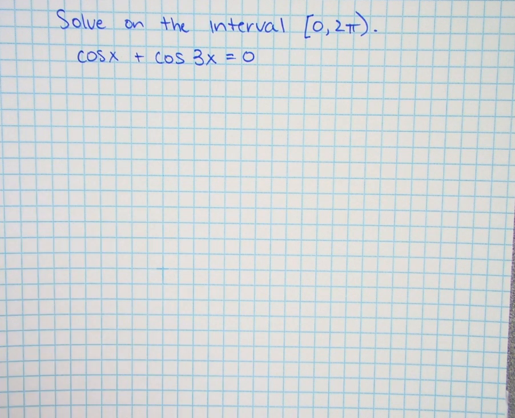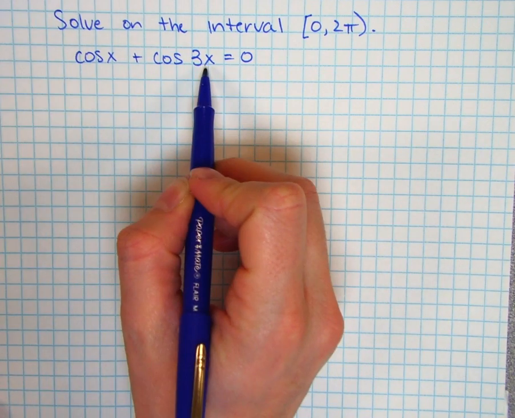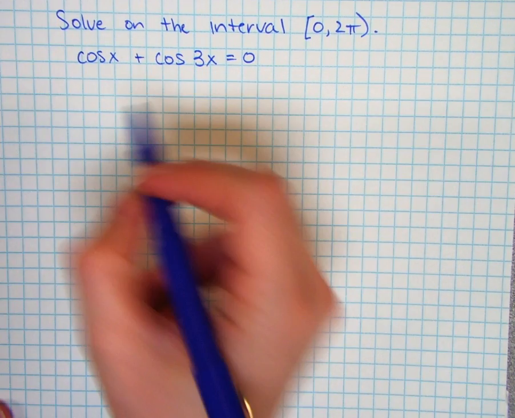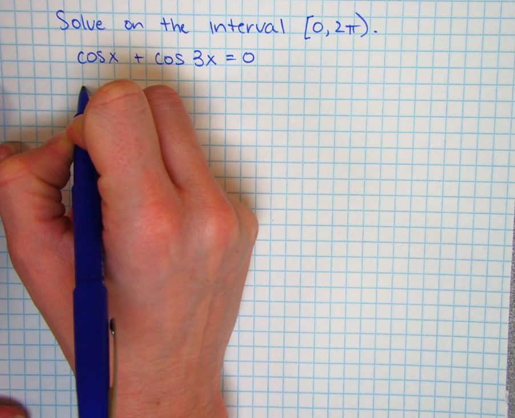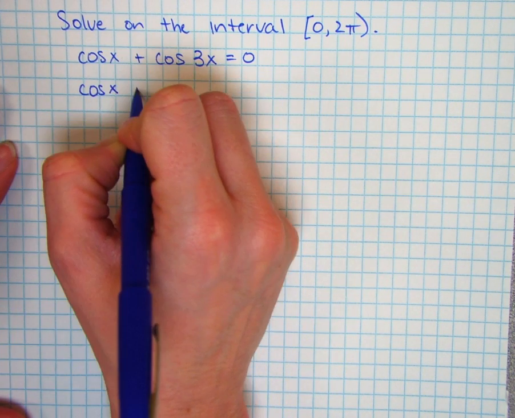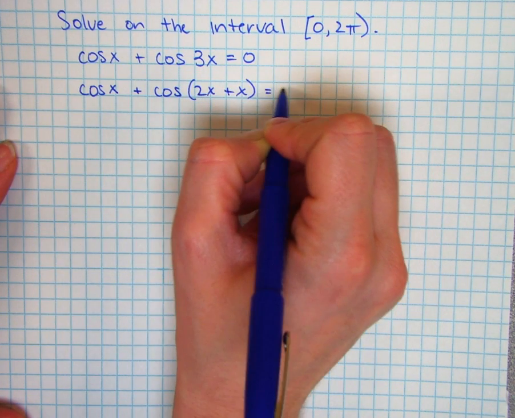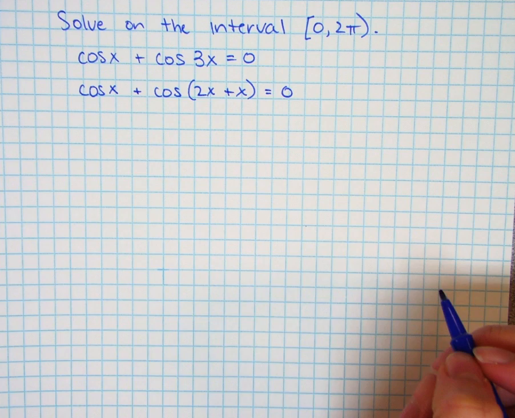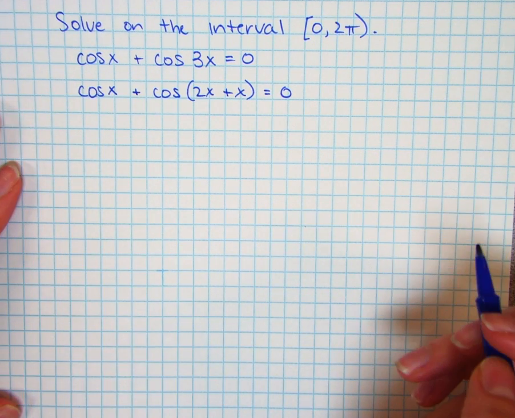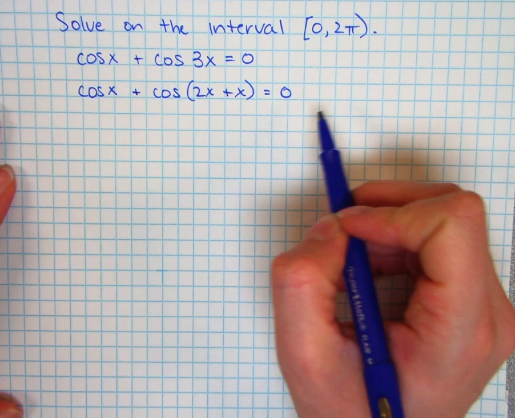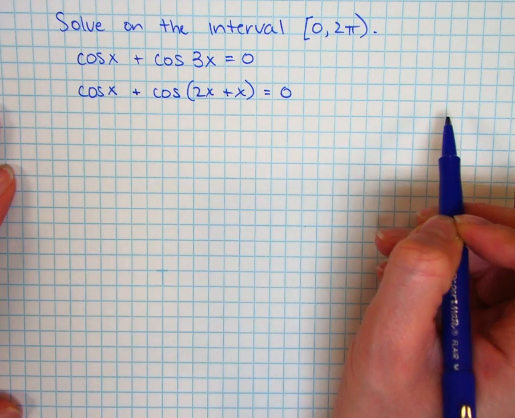We'll solve for x on the interval 0 to 2 pi. We see cosine of 3x, so we need to use our multiple angle identities to rewrite this. So we have cosine of 2x plus x. When we're looking at our sum of cosines, remember the chant: sine, cosine, cosine, sine for sine, and then cosine,